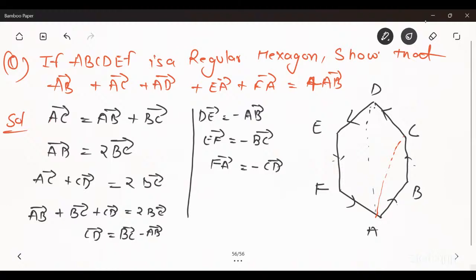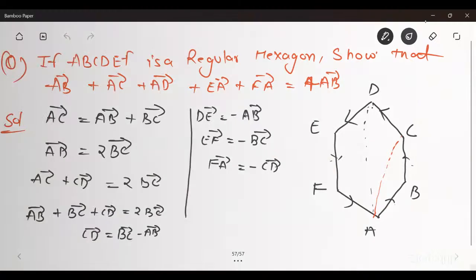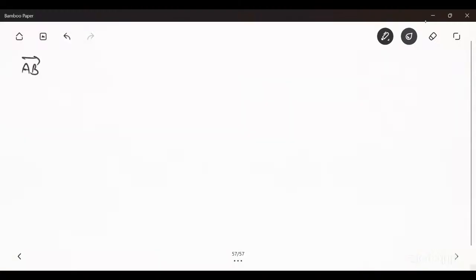Now the value of AB vector plus AC vector plus AD vector plus EA vector plus FA vector,